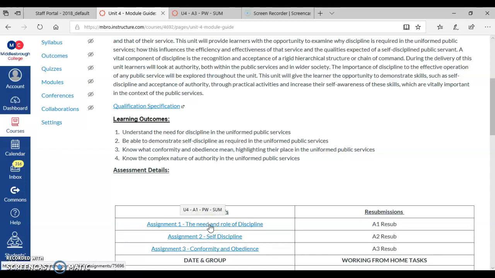As we said, assignment 1 should have been done already. If you got a 0 for assignment 1, or if you didn't send it in, you need to click on there and send in assignment 1. For those that have done that and got your grade, your next job is to click on assignment 2,